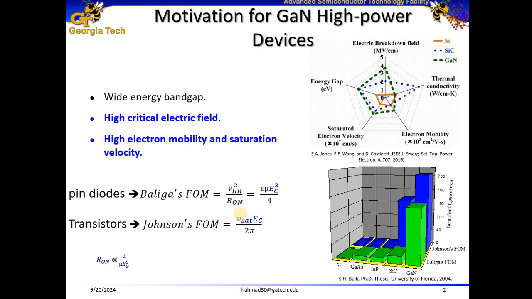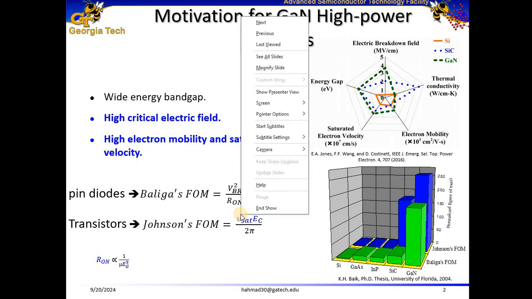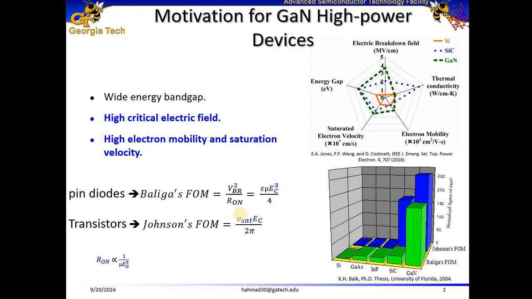It quantifies the trade-off between the breakdown voltage and on resistance. So, for example, lower on resistance is more desired, and higher breakdown voltage is desired for power efficiency and minimizing